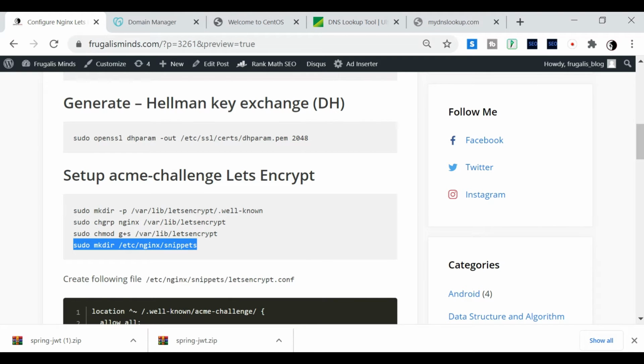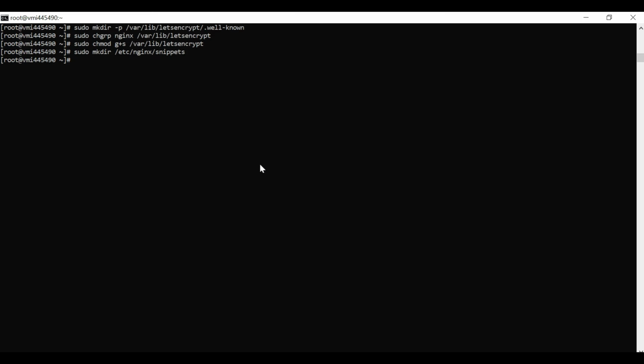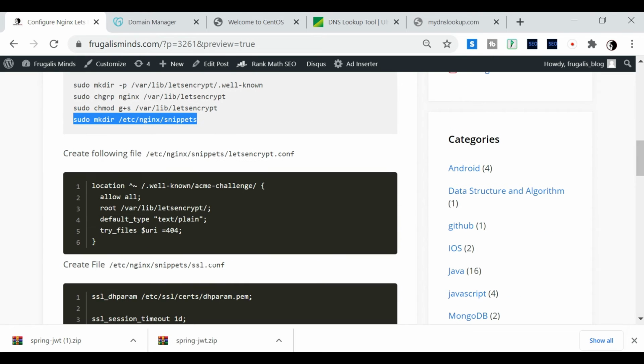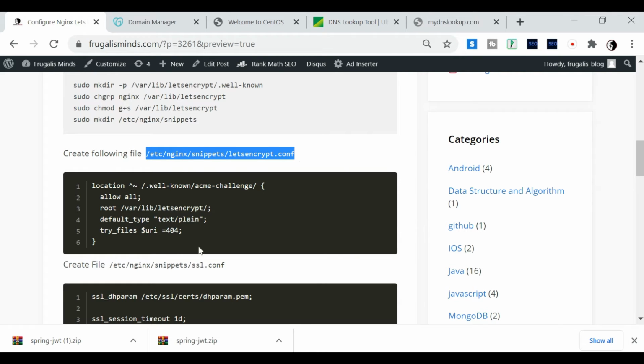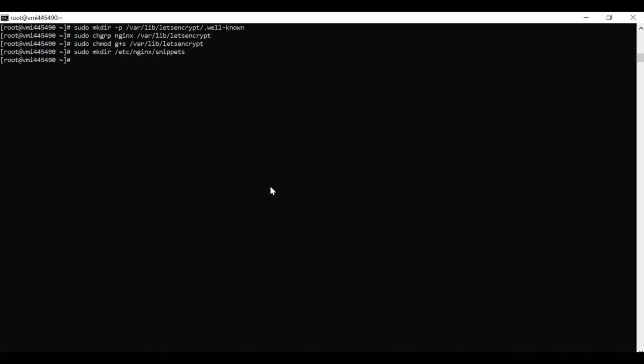Now I'm creating an Nginx snippets directory where I'm going to keep all the SSL related snippets that I need to configure my domain. This is fine, and then I have to create this file where I am going to have the location for the well-known challenge.